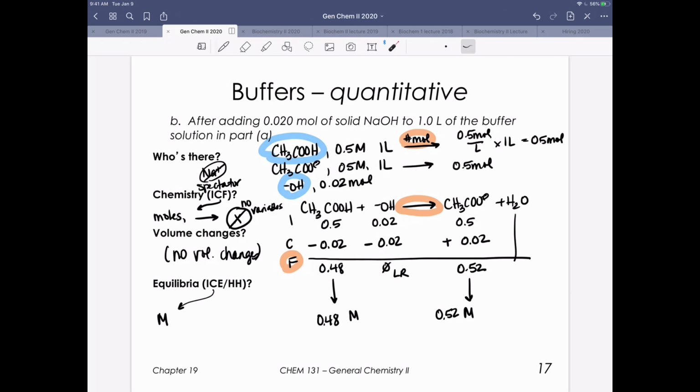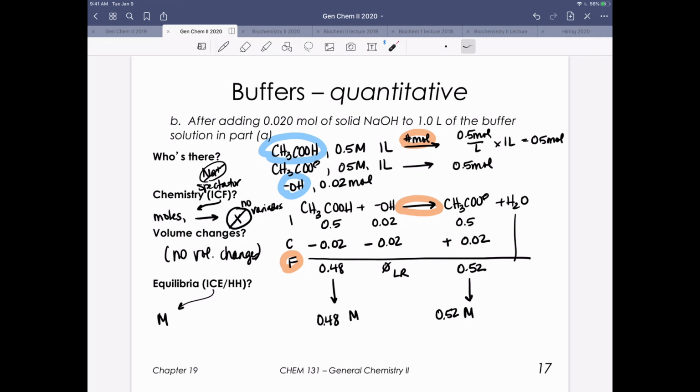We've neutralized all of our hydroxide, and importantly, we've added 0.02 moles to our conjugate base army. Now, these calculations became a little bit easier because we have 1 liter of solution. The number of moles that we have works out to be the molarity of that solution after all the chemistry has happened, after all the chips have fallen. This is what has happened. Our weak acid army's concentration has gone down, our conjugate base army has gone up,